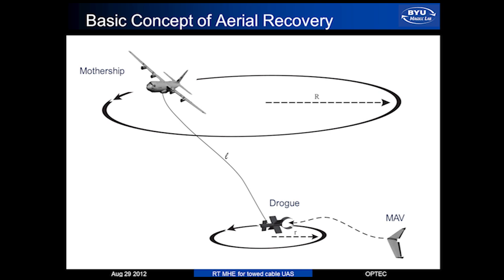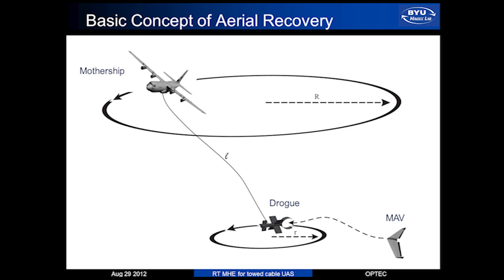For this aerial recovery project, we use this towed cable system. It basically has three components. First is the large airplane, we call that the mothership, with a long cable and dragging a jog. The basic theory for this system is that the mothership flies in a circular orbit with radius capital R,